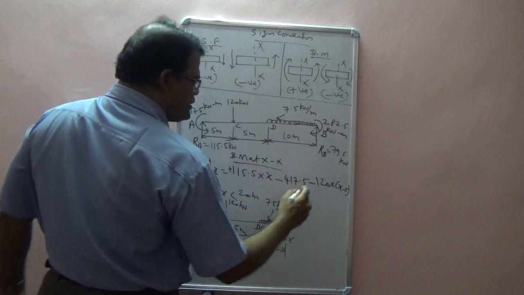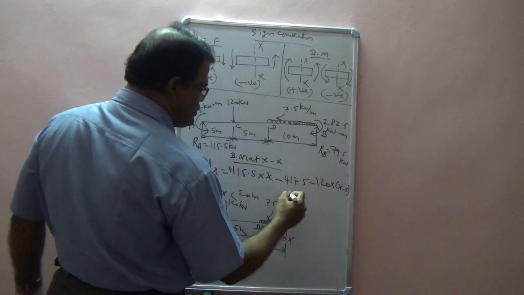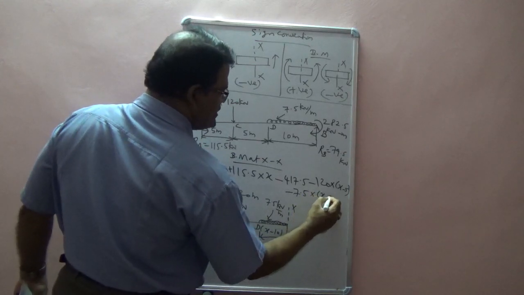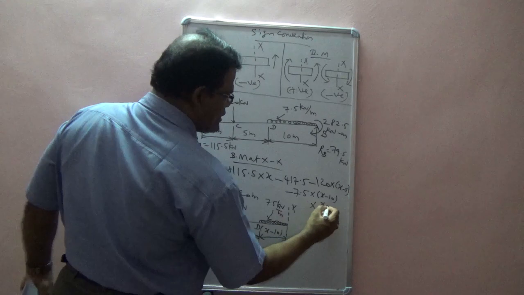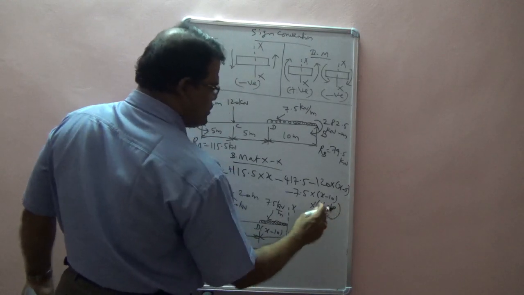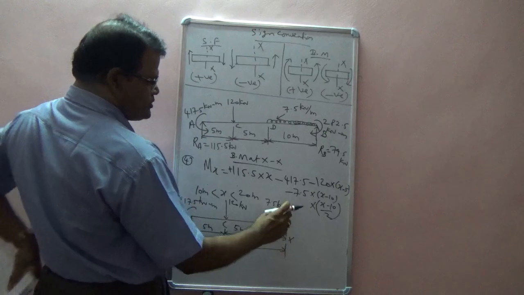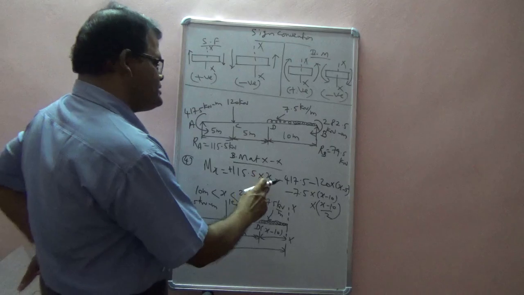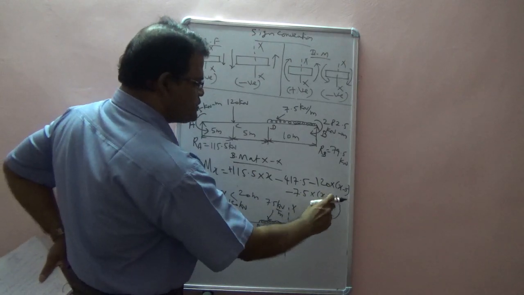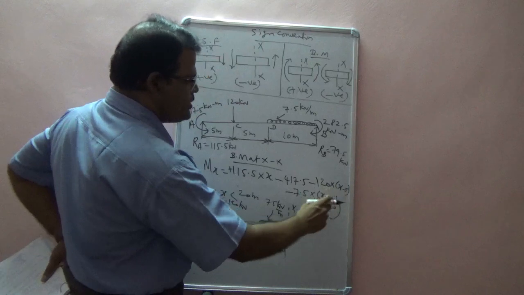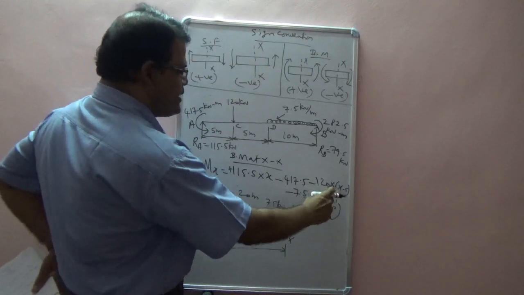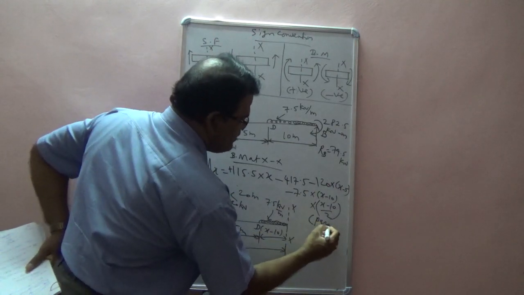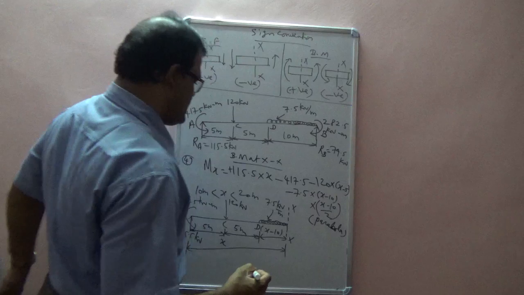Okay. Then the next load is, again it is acting downward, therefore it is minus sign. So 7.5 multiplied by x minus 10 is the distance, multiplied by x minus 10 divided by 2, the 2 will be the centroidal distance of this span x minus 10. Okay. So now if you see here, this is x term, whereas this is x minus 10. If you multiply these two, x minus 10 to the whole square will be there. Therefore x square will be there. So it indicates a parabola. The equation representing a parabola.